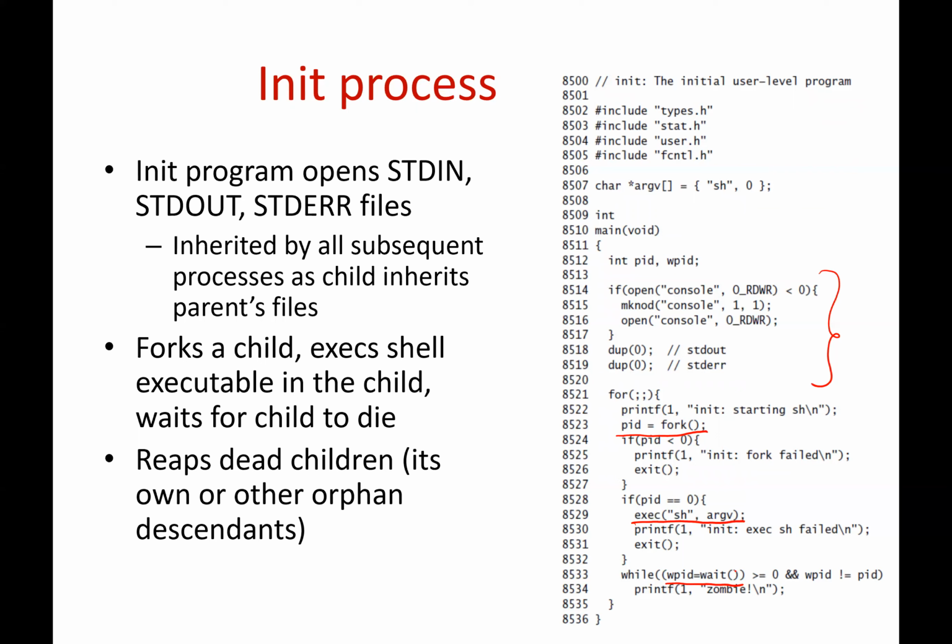Okay, so init simply spawns a child, execs the shell in it, and waits for either the shell or any of the other children to die. And note that it will reap all its orphan descendants, right? Whether it is the shell or any other orphans will be reaped. That is the code of the init process, right? So you initially did allocproc, you set up the trap frame such that execution begins here in user mode for the init process.